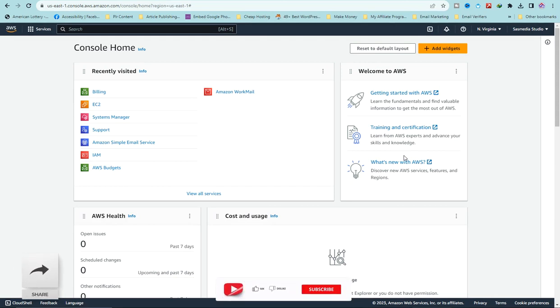In this video, I am going to show you how to create RDP, which is Remote Desktop Protocol, on AWS, Amazon Web Services. So in this video, I am just assuming you already have an account with AWS, Amazon Web